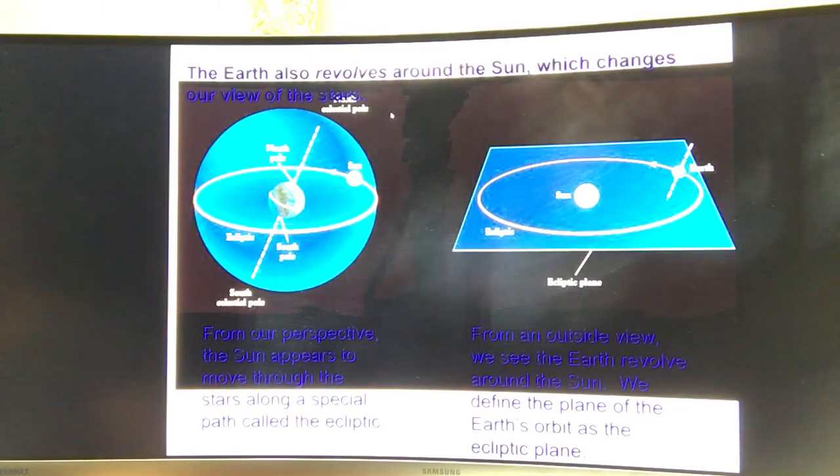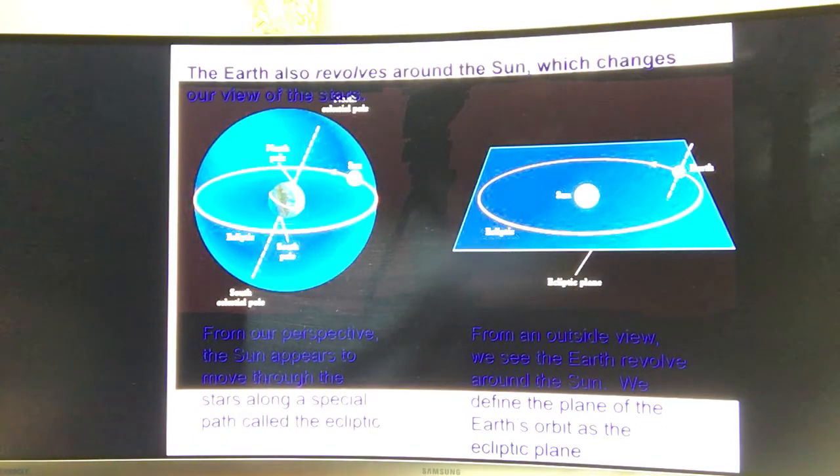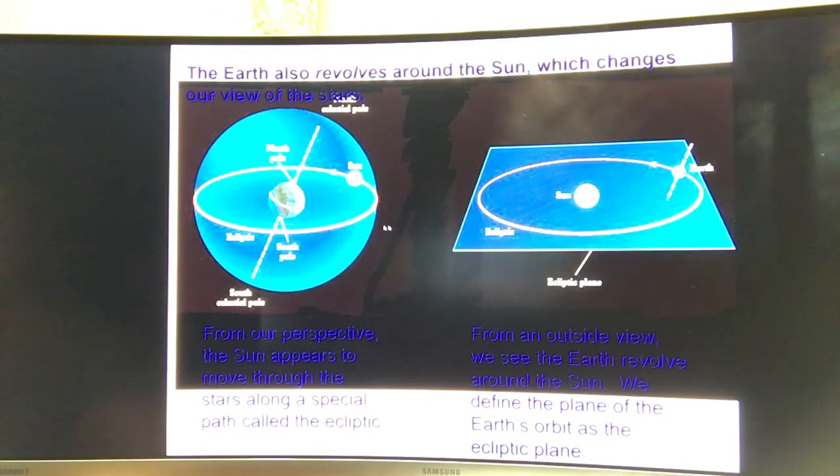The second motion is revolution of the earth. Okay, so there are two important concepts I want you to know on this slide. The first one is called ecliptic. So what is an ecliptic? Ecliptic is, remember,